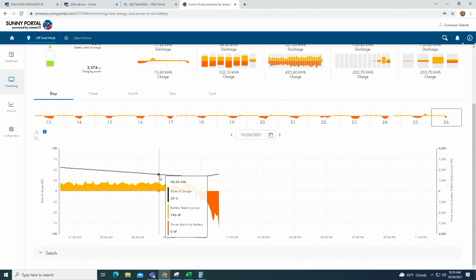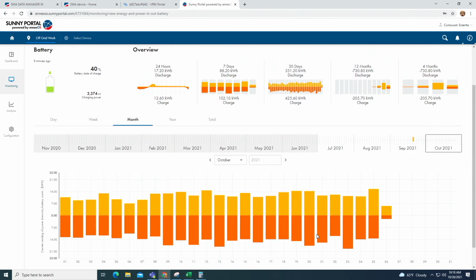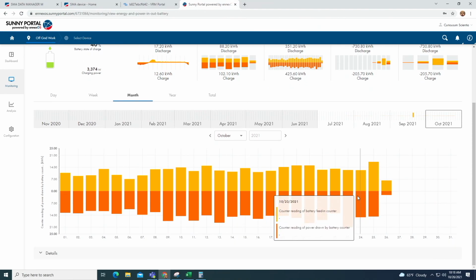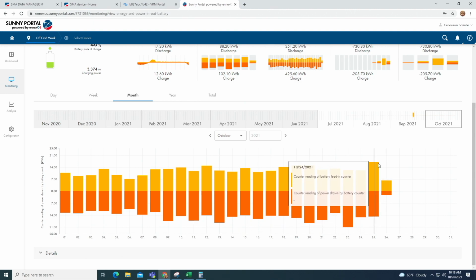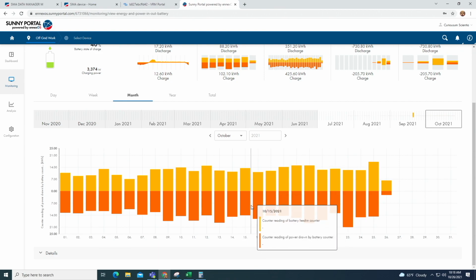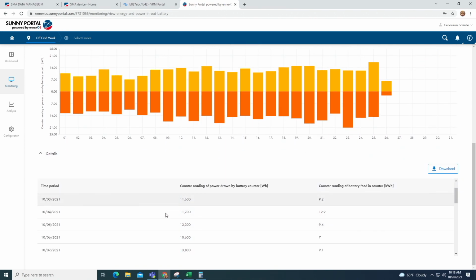Okay, so let's look at this on a monthly level. And now this gives us interesting data. This is showing how much I'm taking from the battery in the orange every day. Unfortunately, this doesn't let you hover over it and show the numbers. It should populate what you see there, but you can click on details, and then you can see in this column here